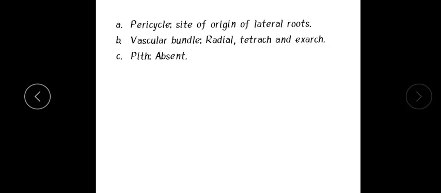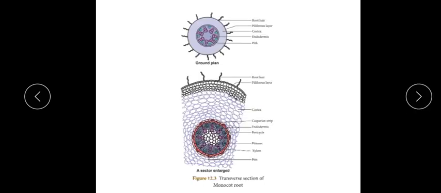Okay, now I'll move on to the next one. A comparison is being done. One is dicot root, and the next comparison is going to be monocot root. You may have a look at the diagram. It may appear similar, but the major difference comes in the area of the vascular bundle. Apart from this, all the other regions remain the same. Now again a same repetition here also.